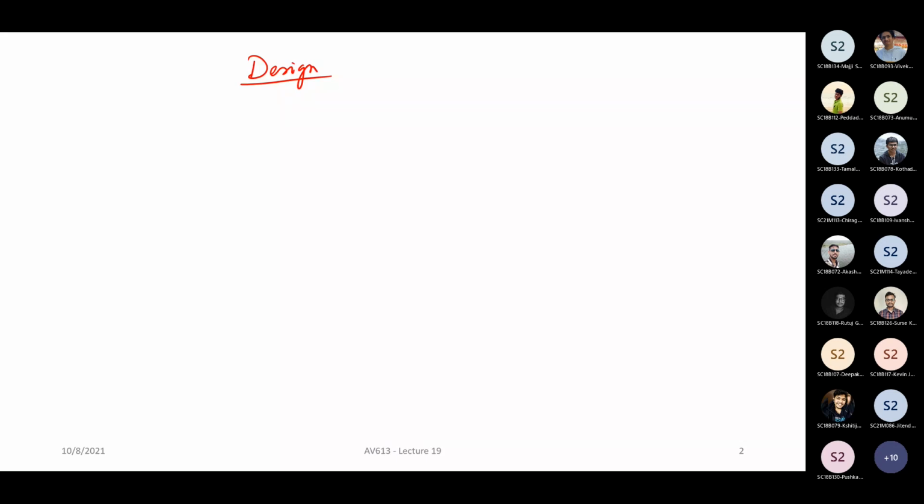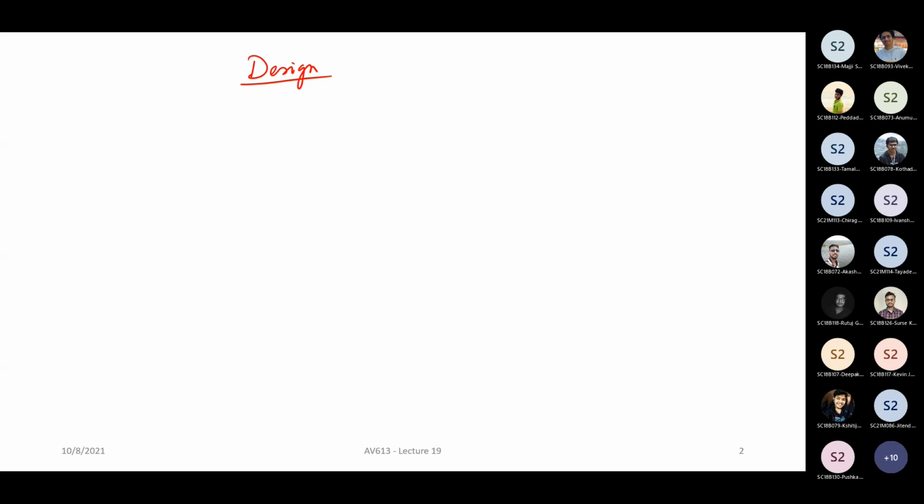Which is why, if you look at the analysis that we have done so far, all of it was in terms of gm or r0 or some resistances or gmb. It was all in these secondary parameters that we were doing our design, or in terms of ID or even W by L ratio. So what is important to understand is that all your design should be done using these secondary parameters like gm, r0, and so on.